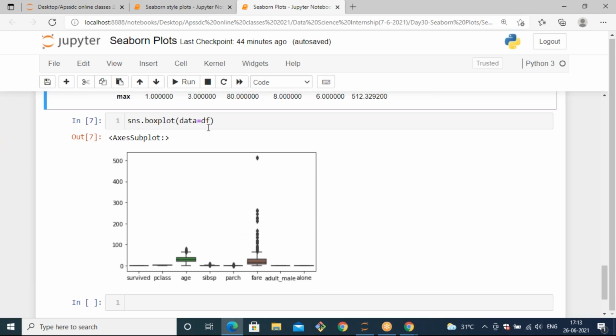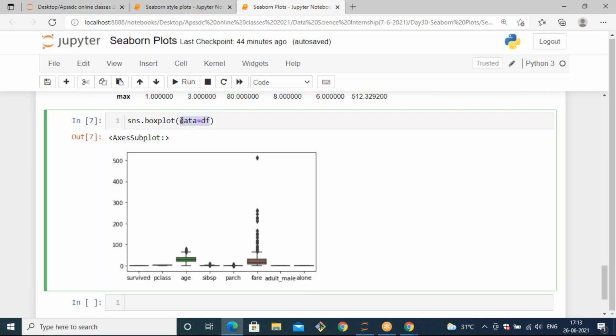And here we are just visualizing the box plot for the entire data. So when you mention the entire data as data equals df, it will take the entire data frame, and out of the data frame, it will take only the input columns with float data type, integer data type and Boolean data type. And after that, if you want to specify your own input column, x column and y column, you can specify. Let's see how to specify that x and y also.